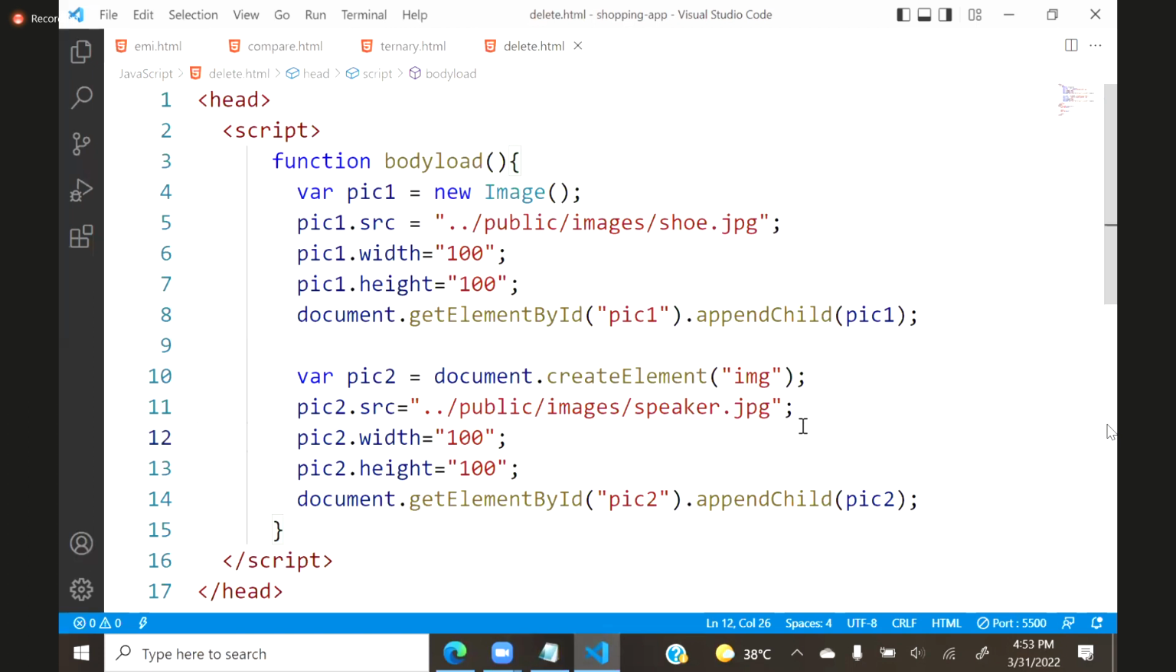Here, in the first one, what are we using? New, right? New Image. And here we are using document.createElement, and there is no new. What is the difference between these two? This image is created outside